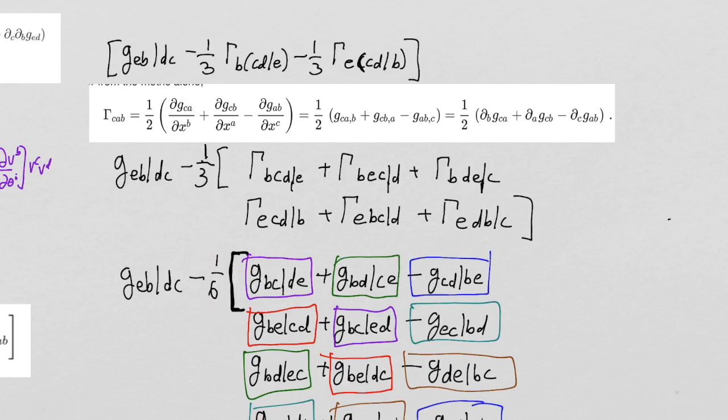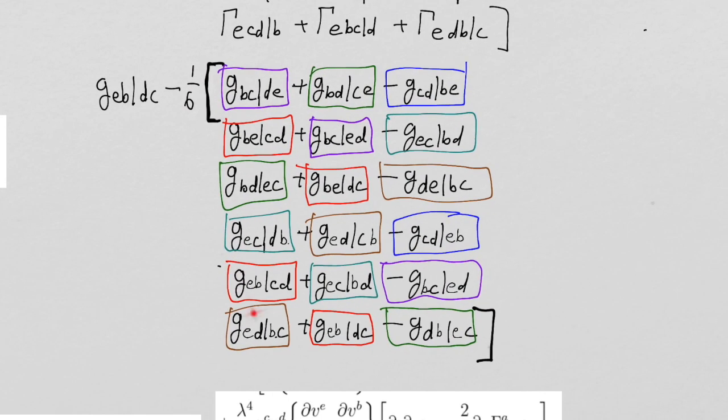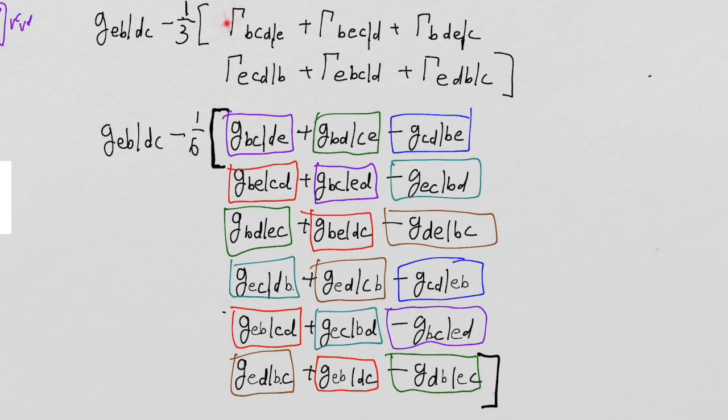So I make that a 1/6, and then we blow this all up, right? So this term right here is this. This term right here is this. You'll notice this thing is a partial derivative with respect to E. But this Christoffel symbol of the first kind